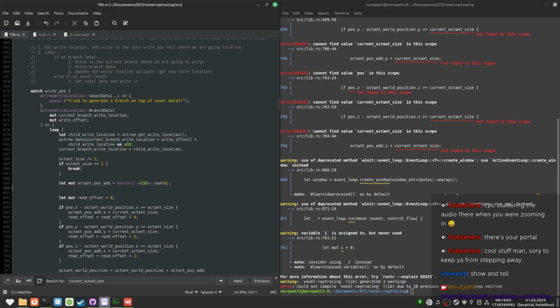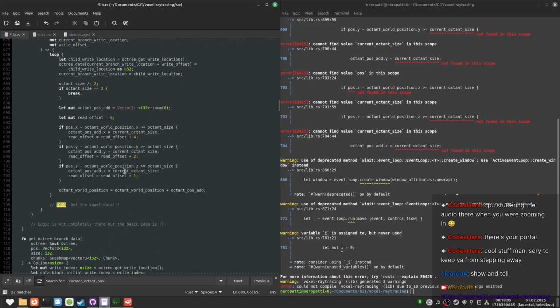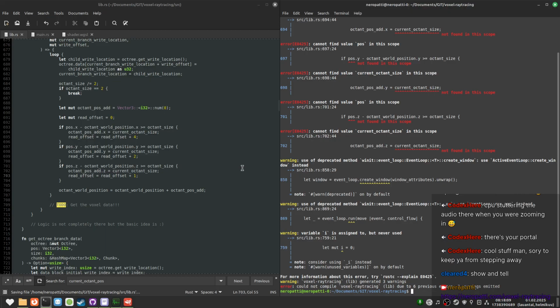Oh, I don't need to do this a second time. Where did I say current octant size? Oh, here.